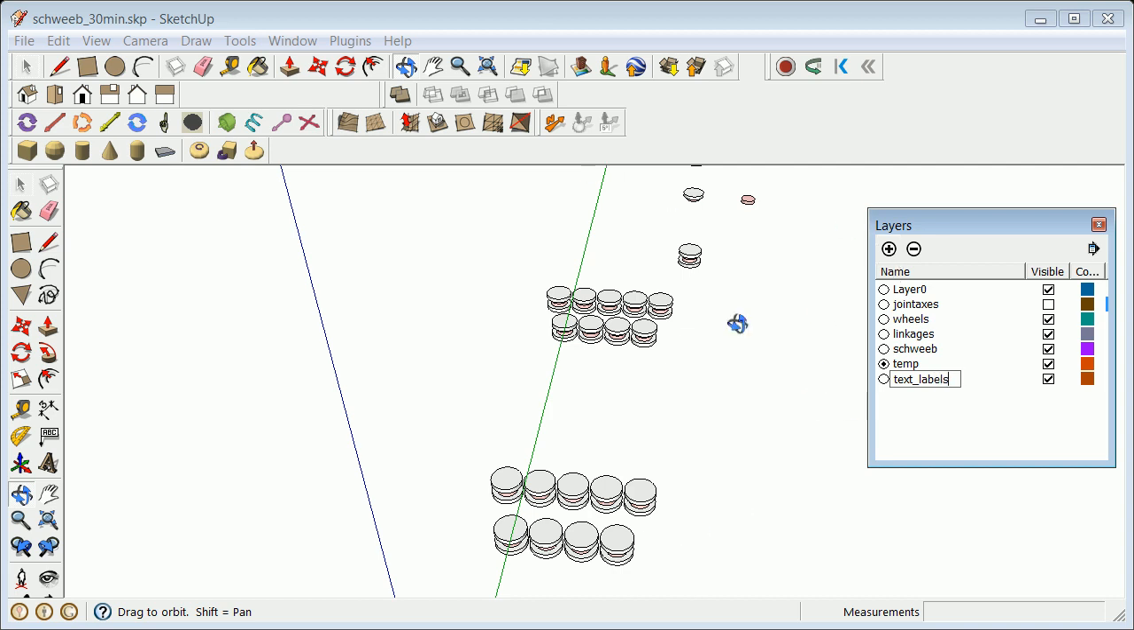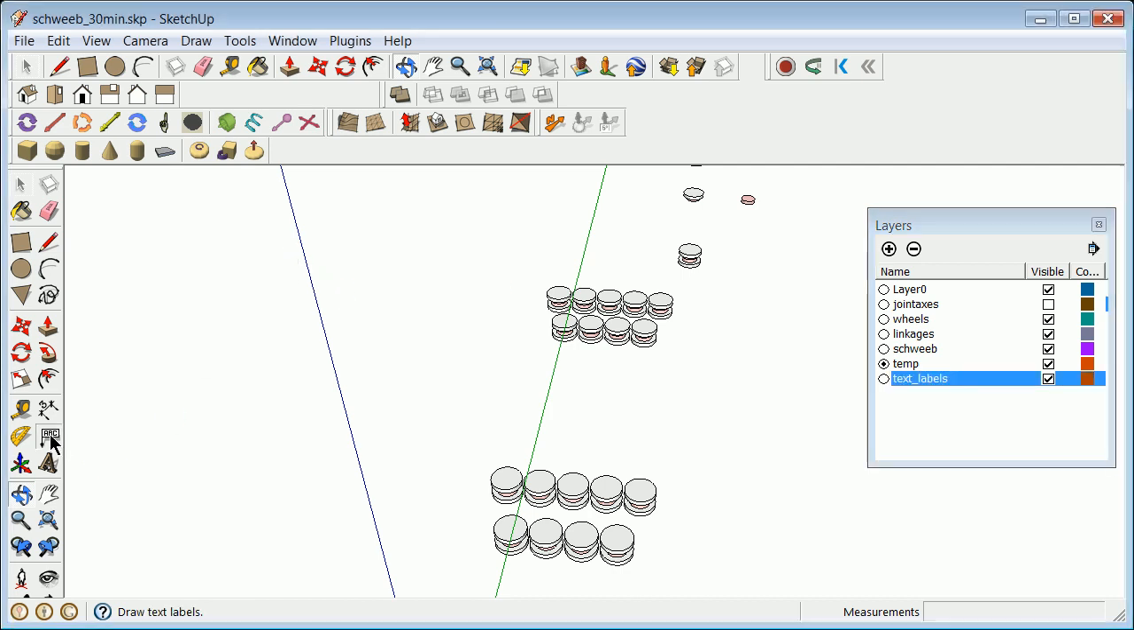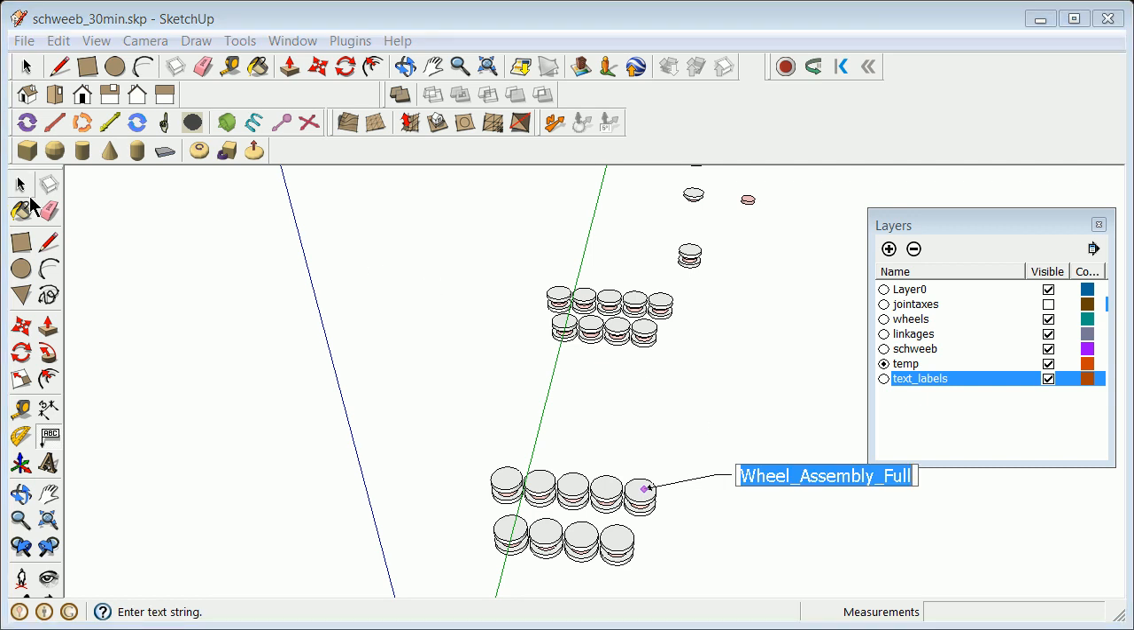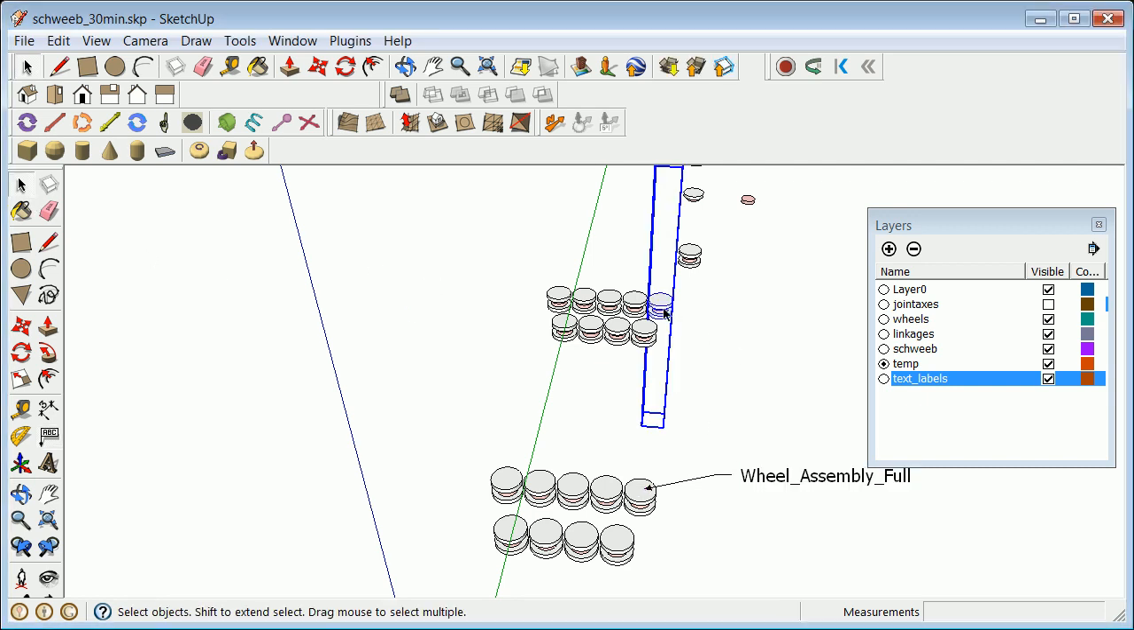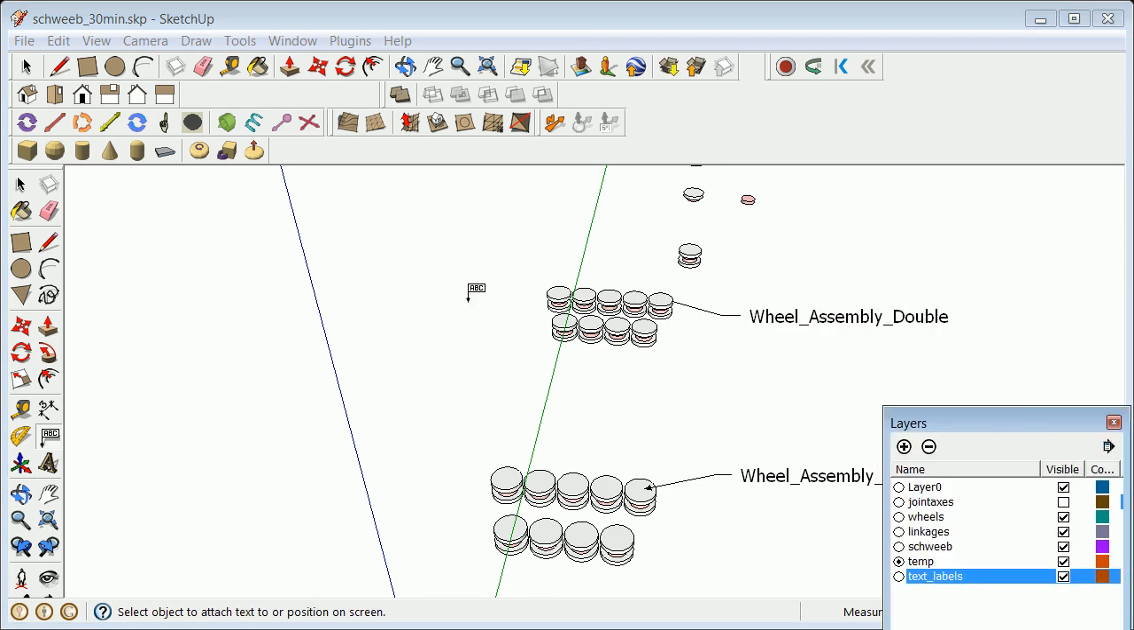And go ahead and use this pretty nice tool. Null, and you see it's naming the assembly. So I'm going to see if I can get that to work. Wheel assembly full. And then I go to here. We're going to go ahead and label this one. Wheel assembly double. That's a pretty nice trick there. So I've never seen that before, but it's pretty nice. Wheel assembly,